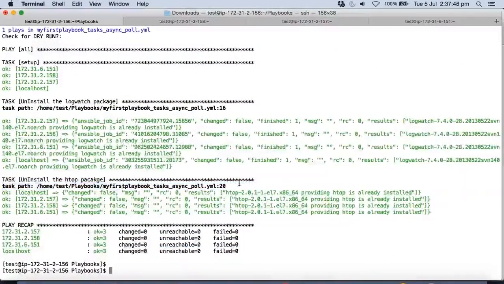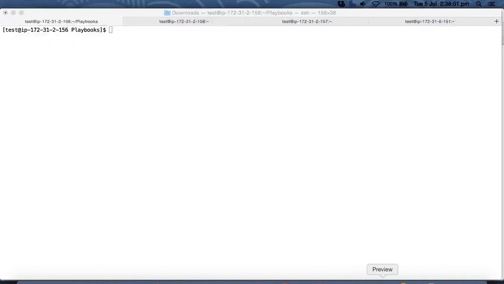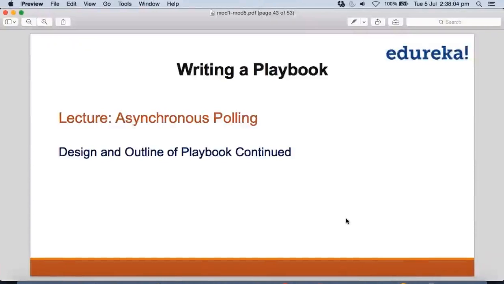So this shows that asynchronization is very much important, and I hope you go through the Ansible documentation pages for a clear understanding of asynchronous polling in Ansible. It is mostly used in a production environment. Thank you for this lecture, and let's dive in further